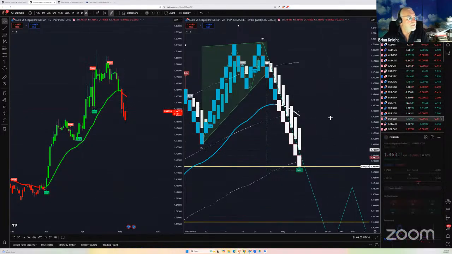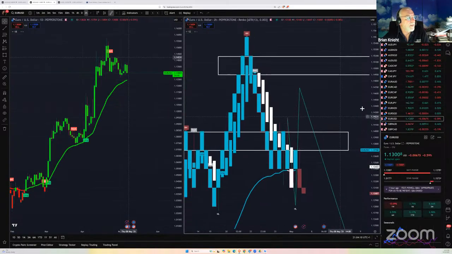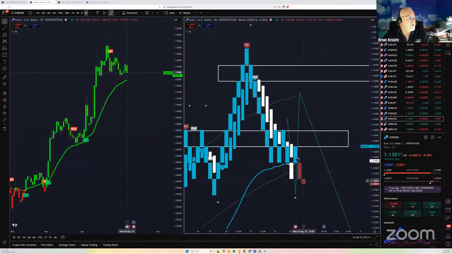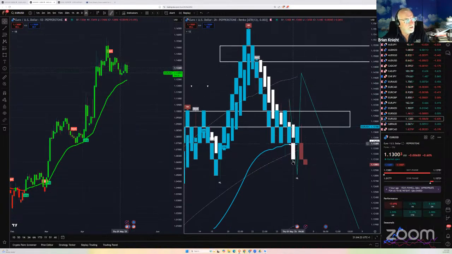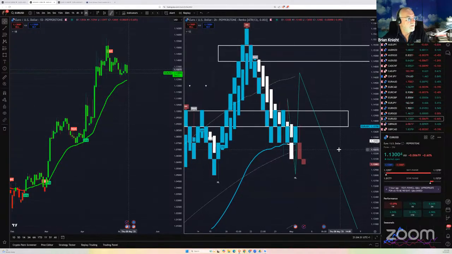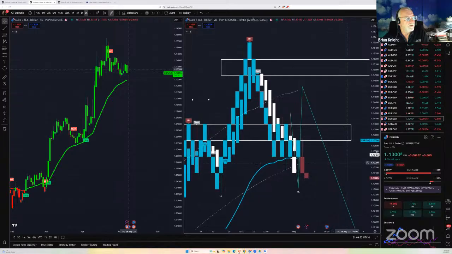Okay, Euro USD. Well, okay. So this has created that wick back up into here. We've gone down to the white, back in the blue, but then it's pushed back down again. Well, the brick is, it's sort of, maybe we've got some sideways movement. It has over here anyway, but yeah, it's not convincing to do much there at the moment.